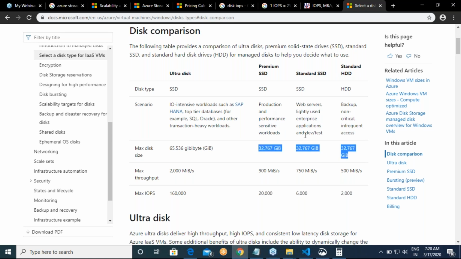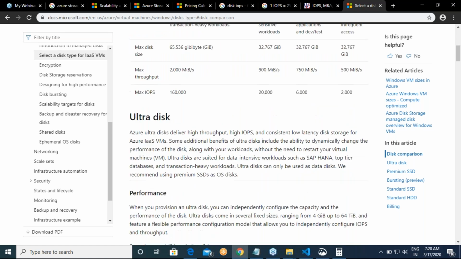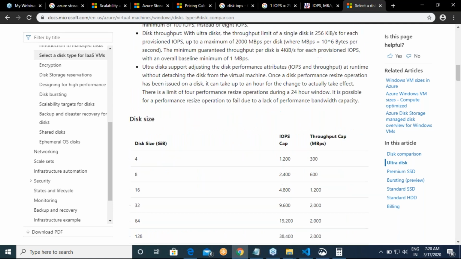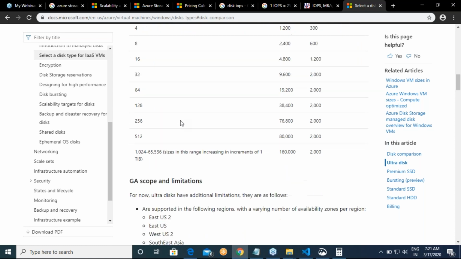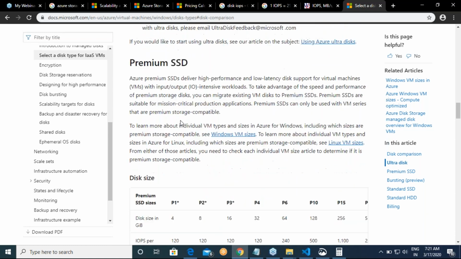Then they try to tell you the basic stuff. Ultra disk is for high performance stuff. It is extremely costly, but if your application needs that kind of speed in disks, you can do that. And now they will tell you for the disk size what the IOPS cap will be. They give you all the metrics available over here.